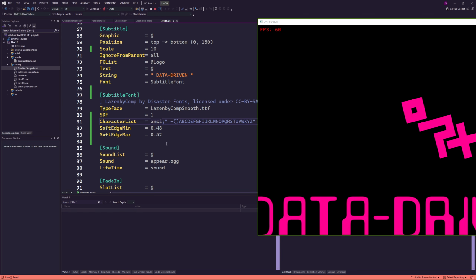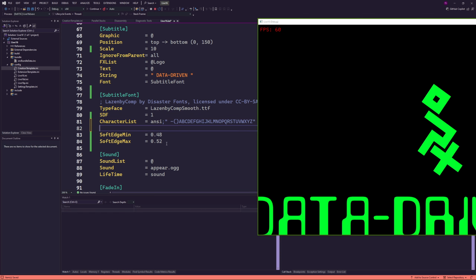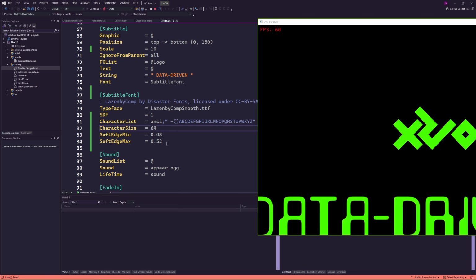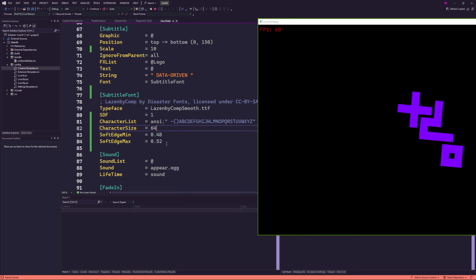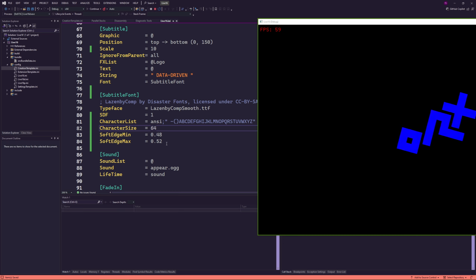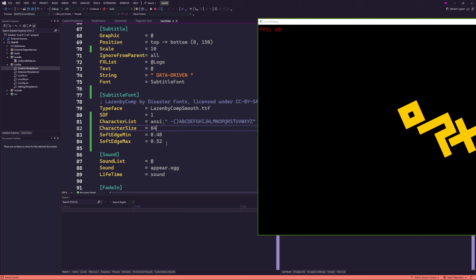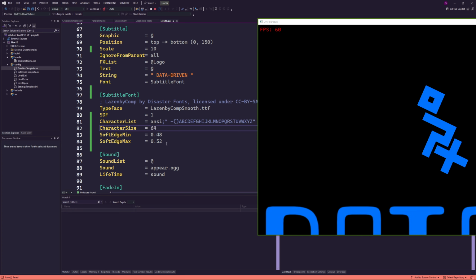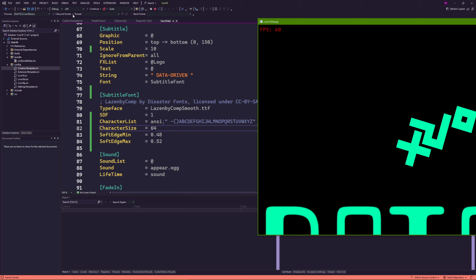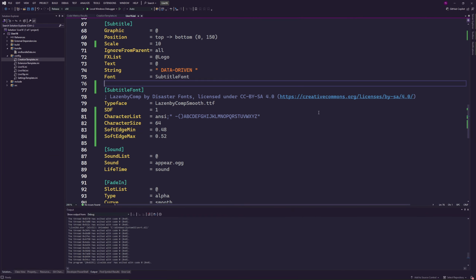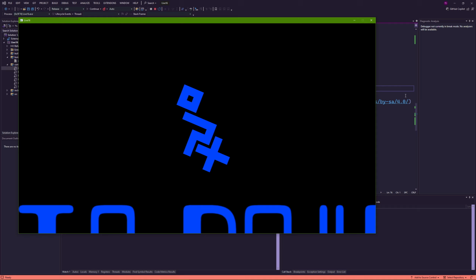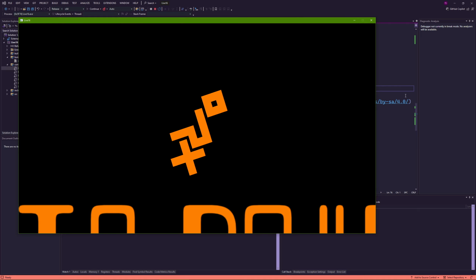And this is at the default 32 pixel height of the font. Let's say we want the character size to be double, like 64. Here it's going to take quite a while. That's the drawback of doing runtime SDF fonts. I modified the Ox font gen recently so that we can generate SDF fonts offline with the Ox font gen utility, and then use them inside the engine. But be reassured, if you are in release rather than debug, there will still be some time to create the font, but it's not going to be as bad. See, it was probably less than a second for generating that font with all the ANSI characters in the 64 size.